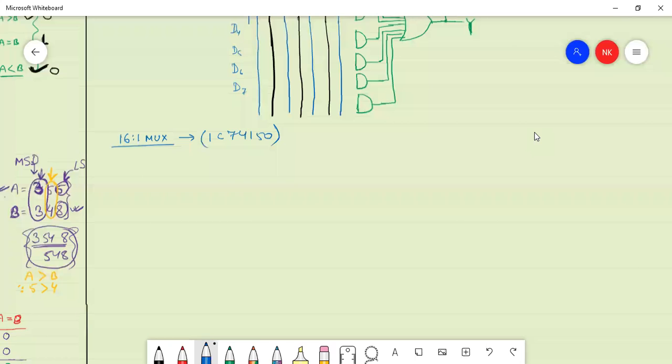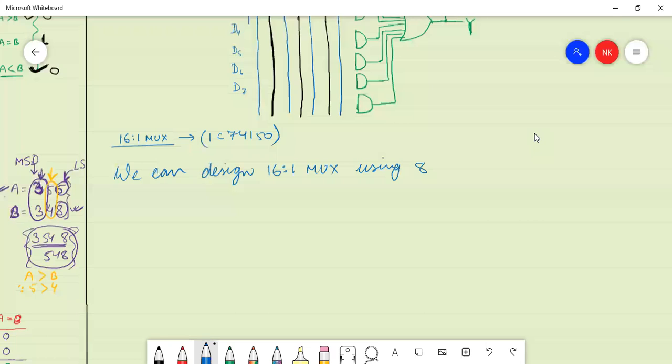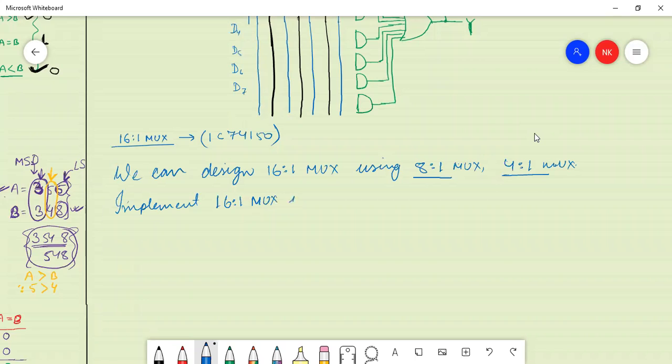Okay. Now these higher order multiplexers can also be designed by using smaller multiplexers also. So we can design 16:1 mux using 8:1 mux और 4:1 mux, है ना। तो इस तरीके से हम लोअर वर्जन का मल्टीप्लेक्सर का इस्तेमाल करके वी कैन डिजाइन हायर वर्जन ऑफ द मल्टीप्लेक्सर्स। ओके, सो अगर हमें अब 8:1 मक्स इस्तेमाल करना है, सो इम्प्लीमेंट 16:1 mux using 8:1 mux. Okay,